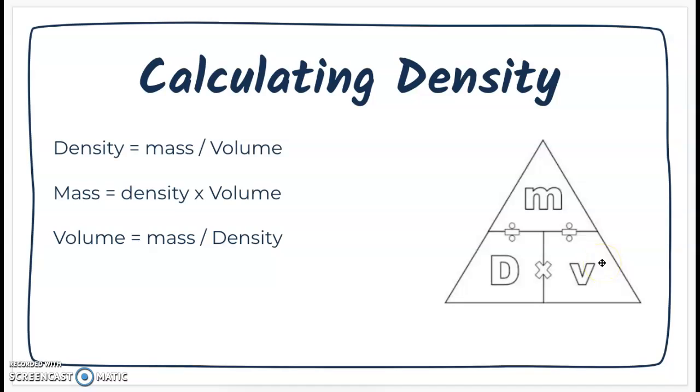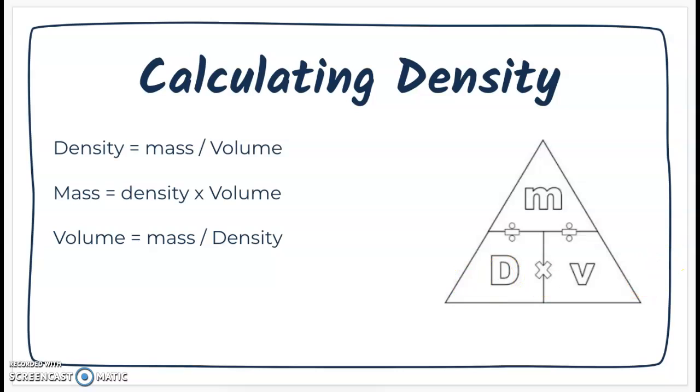If I know the mass and the volume, then I can find density. If I don't know the mass or the volume, then I have to figure them out. If I know the density and the volume, then I can figure out the mass. I can take my density and multiply it by my volume. If I know my mass and my density and I'm trying to find volume, then I have mass divided by